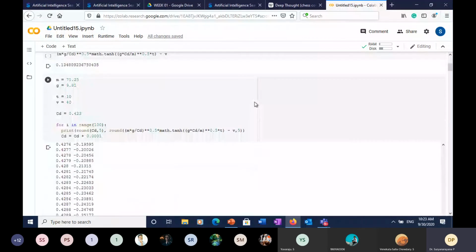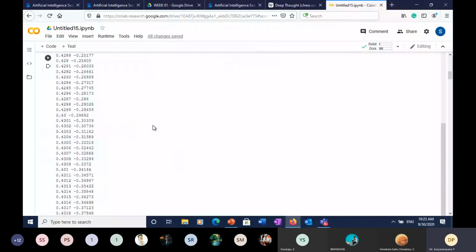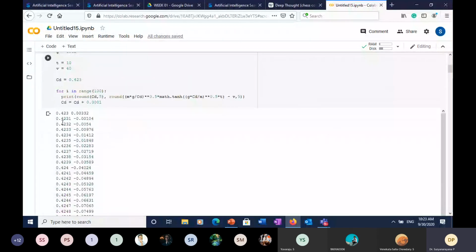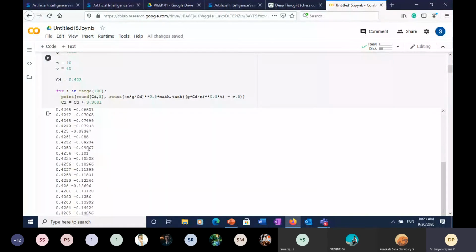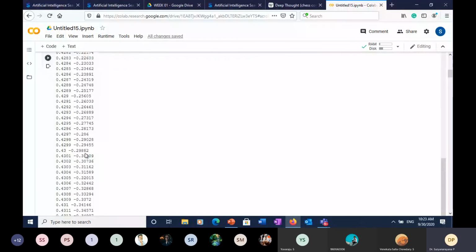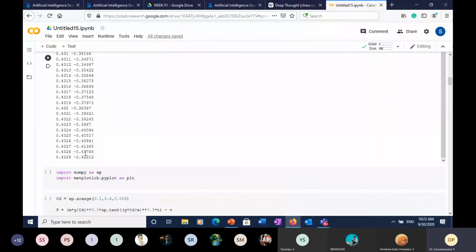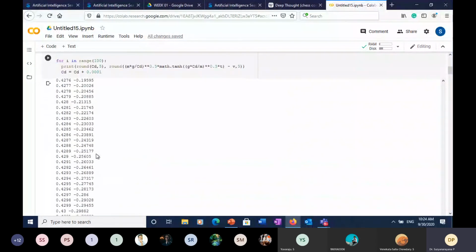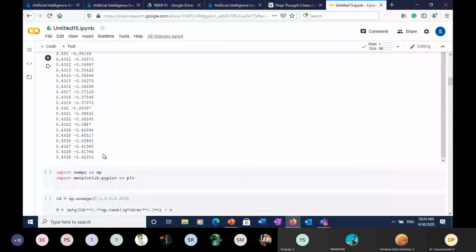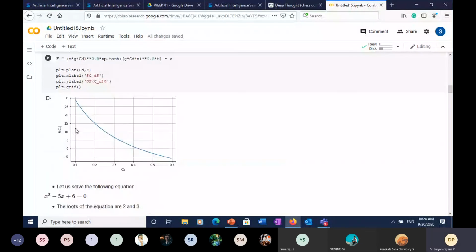So this was the little program that we've been working on, where I told you about how to do the scanning for a root. Okay, this is where we did scanning. For small values, we incremented and we saw the function value changes. I told you wherever the function value changes sign, there is a root. Or you can do plotting.